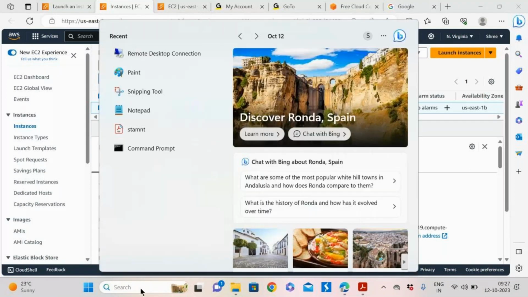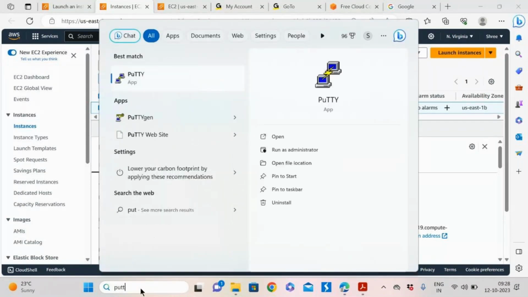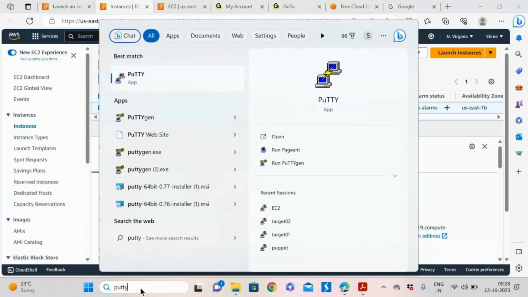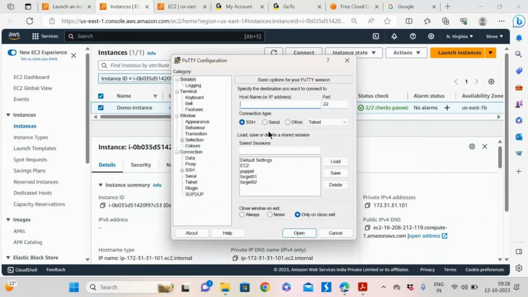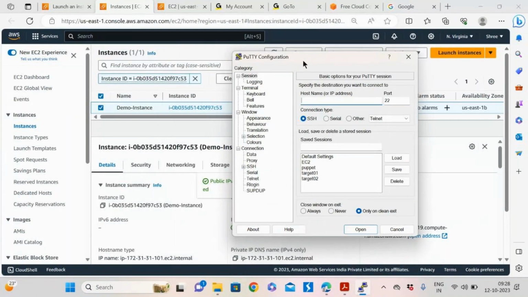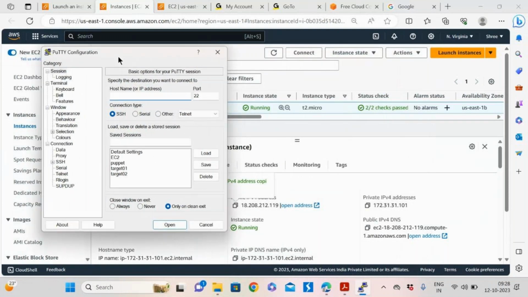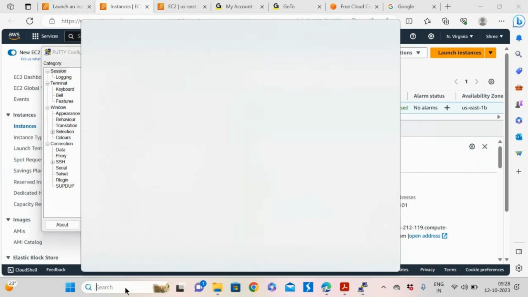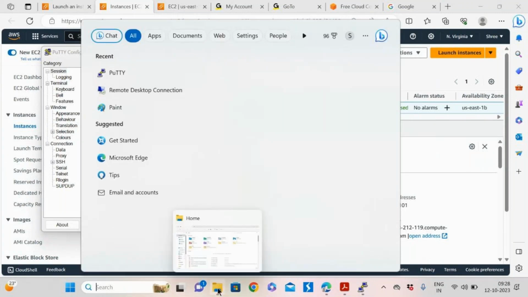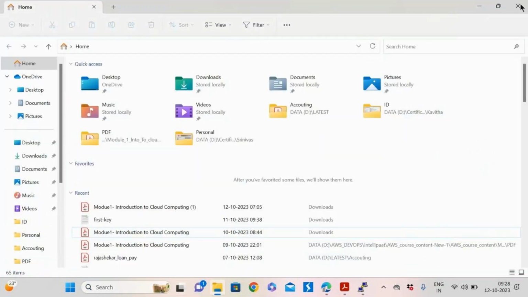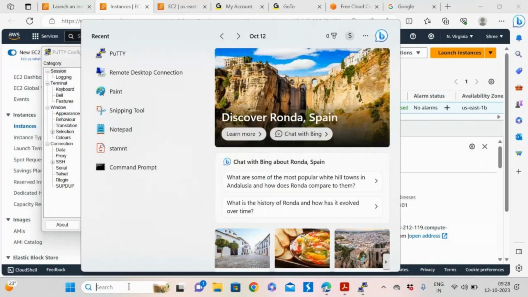I think I showed you Windows Server connectivity yesterday, right? If we want to connect to any Linux server, we need an SSH client. One such tool is called PuTTY. So we'll simply give this. I think I need to convert the key as well. I'll explain, just don't worry about it.